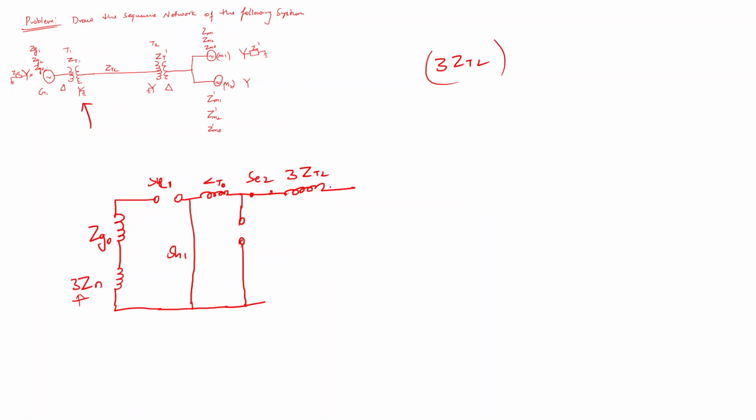Now this transmission line is connected to which part? Transformer 2. You can see that for transformer 2, the primary side is star connection and it is also connected to the ground. Now for this type of connection, SC1 or SH1, which one is closed? Okay, I will draw it like this.